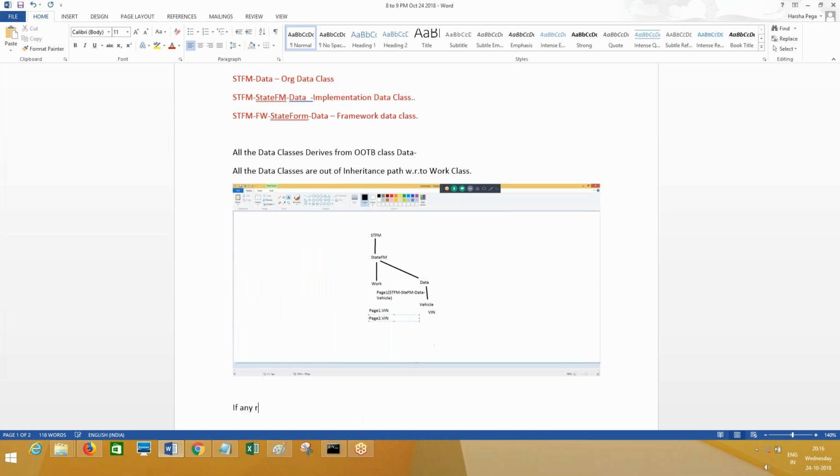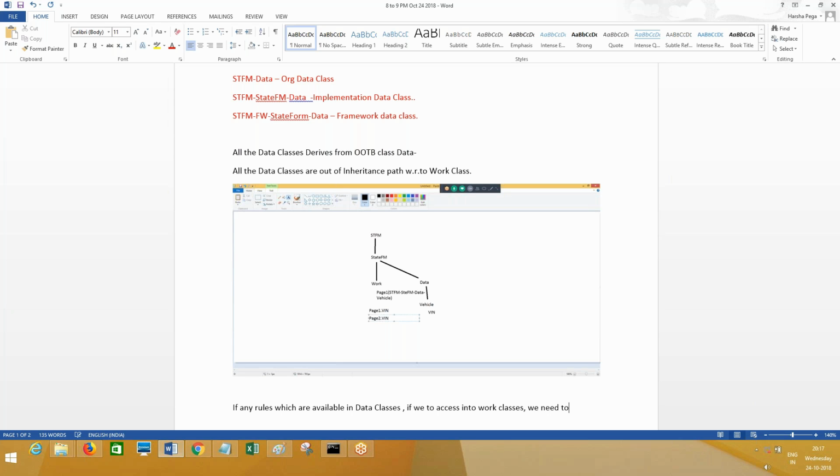If any rules, not only properties, if any rules which are available in data classes, we want to reuse, if you want to access them in work classes, how should we proceed?